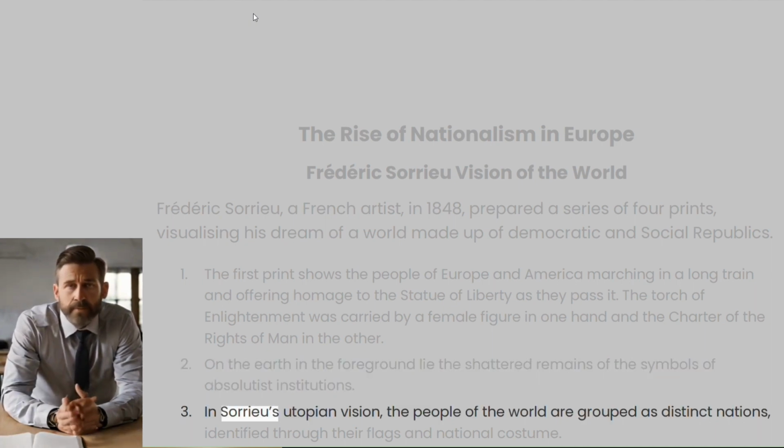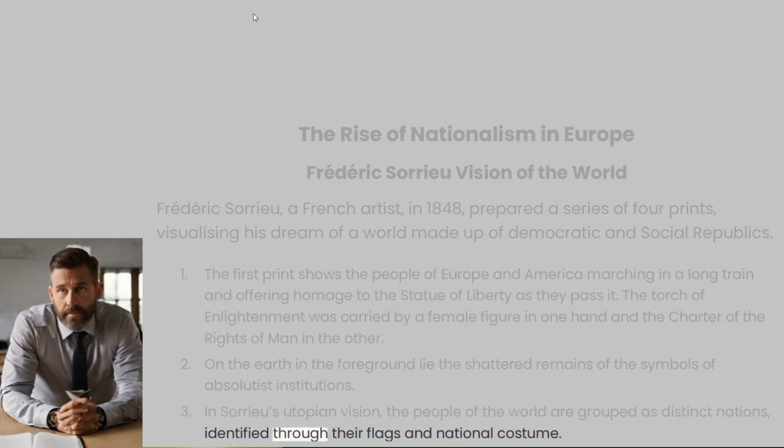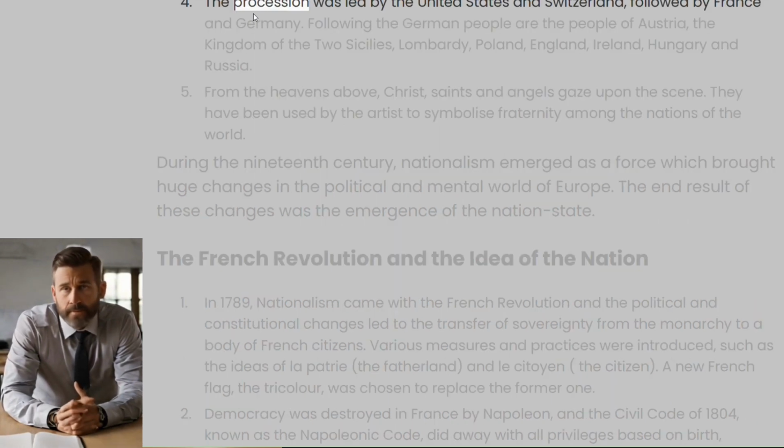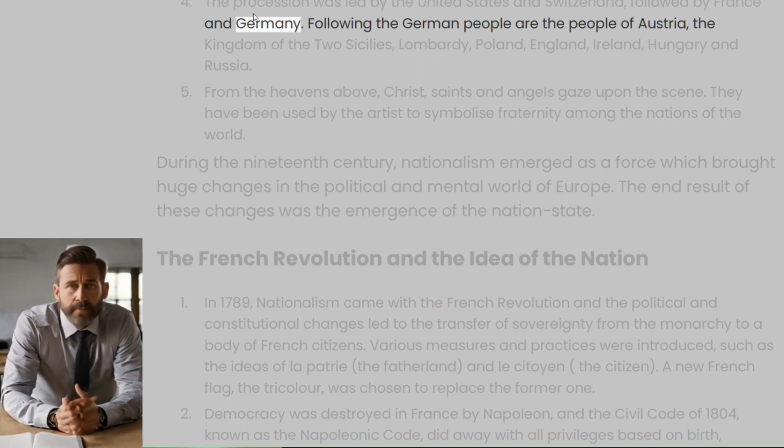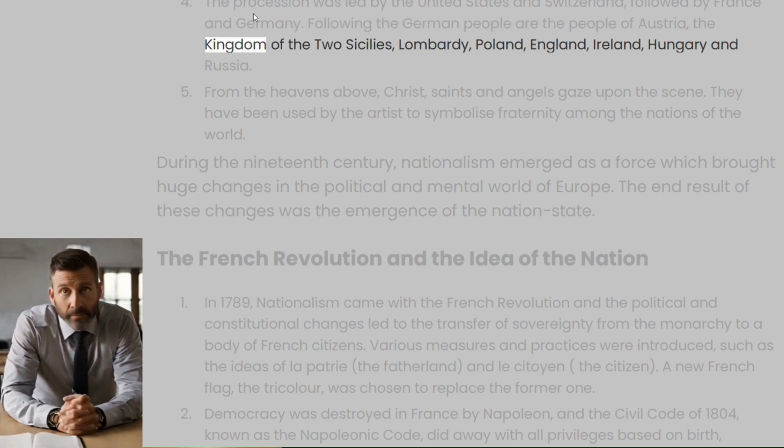3. In Sorrieu's utopian vision, the people of the world are grouped as distinct nations, identified through their flags and national costume. 4. The procession was led by the United States and Switzerland, followed by France and Germany. Following the German people are the people of Austria, the Kingdom of the Two Sicilies, Lombardy, Poland, England, Ireland, Hungary